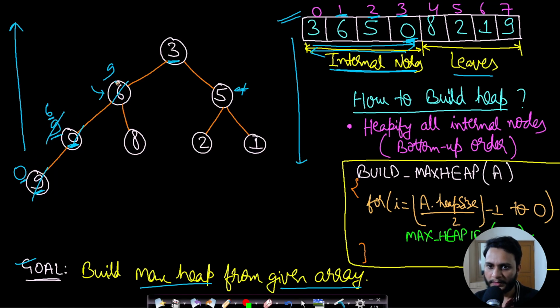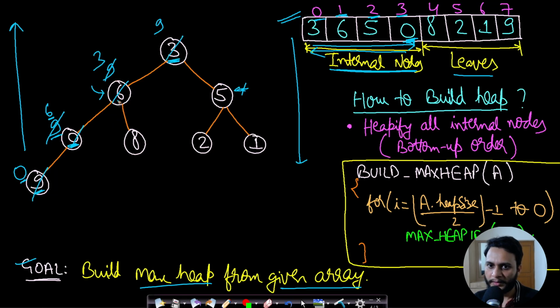Okay. Now we will move to the next node, which is 0. So 0 is this one, 3. Now in its left child as well as right child, which one is the maximum element? Well, maximum of 3, 9, 5 will be 9. So 9 will come here and 3 will come here.